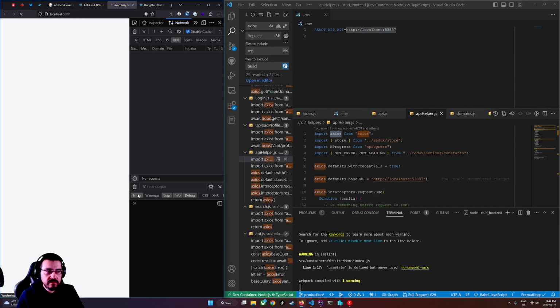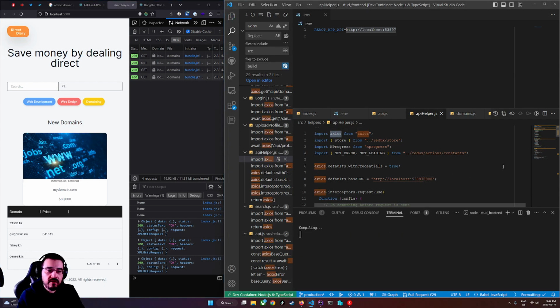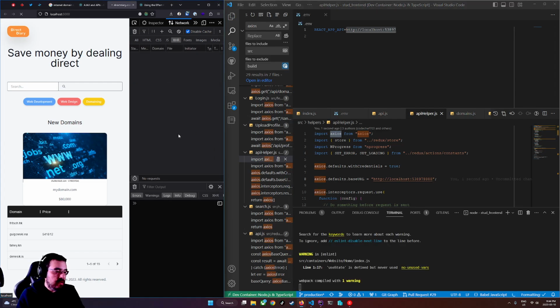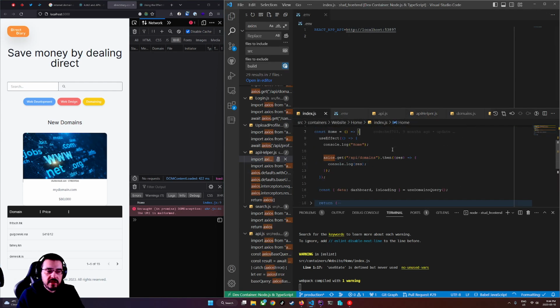Let's reload. And yeah, it's still working. So let's actually, I like to create an error just to confirm sometimes. I'll reload it again. And yeah, see, we have an error, uncaught in promise. While we have that, let's go ahead and add a catch to our Axios.get. So after the get,